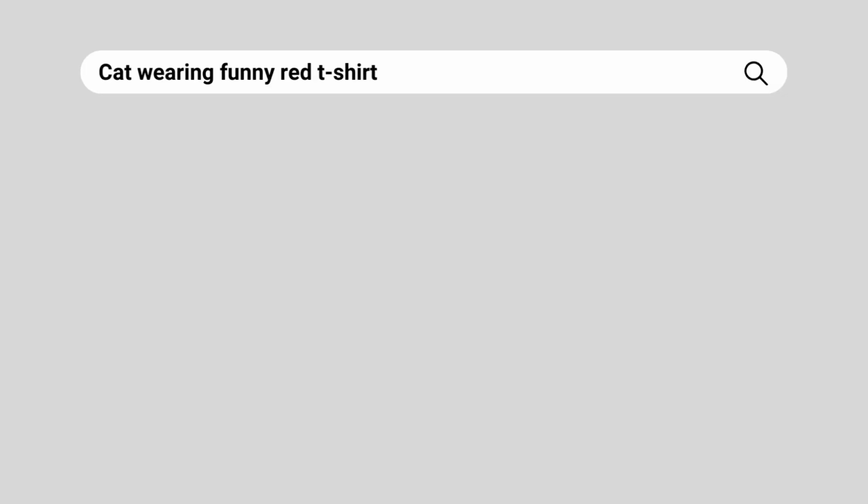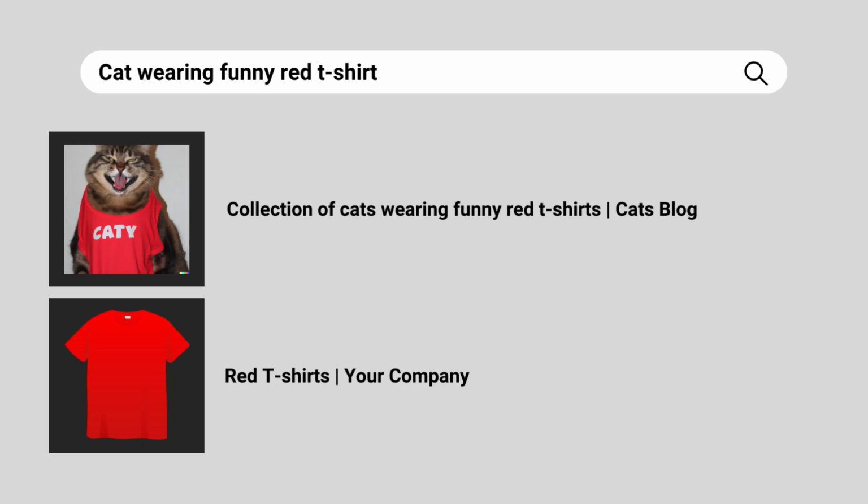For example, let's say you sell red t-shirts. Because your keywords are in Broadmatch, you may end up with your ads being triggered for searches such as cat wearing funny red t-shirt. As you can imagine, this serves no value and differs from the qualified traffic you should